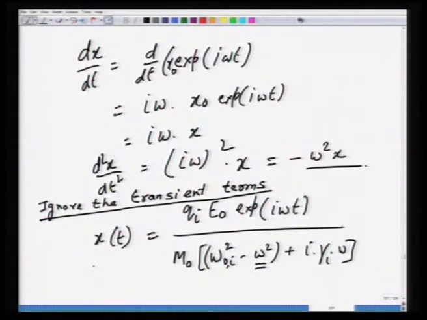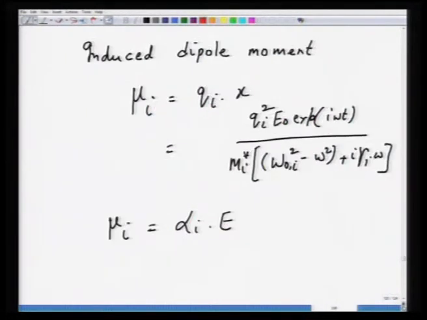It has a dependence upon omega 0i, which is the resonant frequency for that given charge dipole, depending on the type of dipole. Since we consider this as a mechanical oscillator, it has to undergo resonance. So, this is the resonant frequency, omega is the applied frequency, and this is the field term on top. This can be put back into the induced dipole moment, which is nothing but charge multiplied by the displacement, and from that you can calculate what is called polarizability.